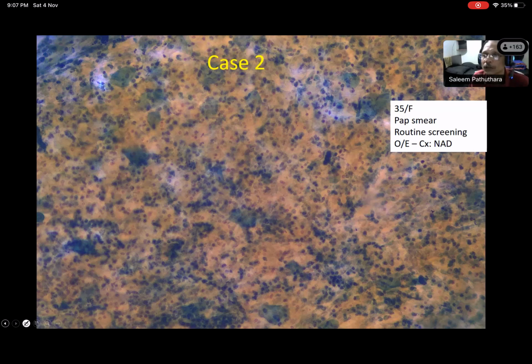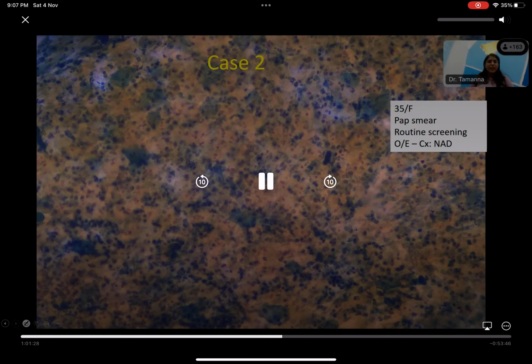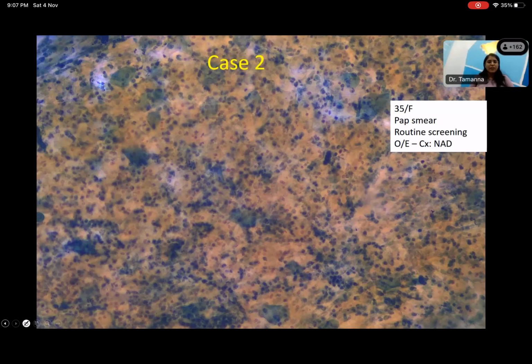Now, as per the Bethesda system, yes sir. So can you tell me what a satisfactory smear has to be as per the Bethesda system for reporting? Sir, first is adequacy criteria. In a conventional smear, 8,000 to 12,000 well visualized and well preserved squamous epithelial cells must be present. Right. So here there is a lot of obscuring. The cellularity is very good, it may be more than 1 lakh cells, but this is obscuring due to thickness.